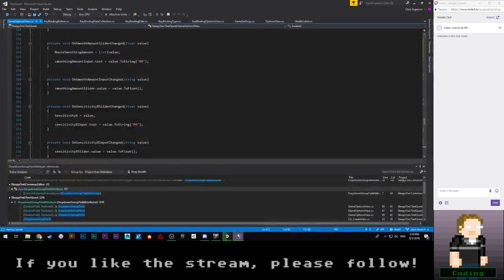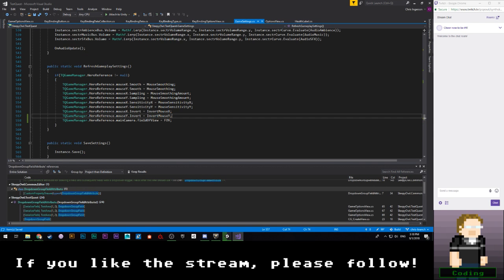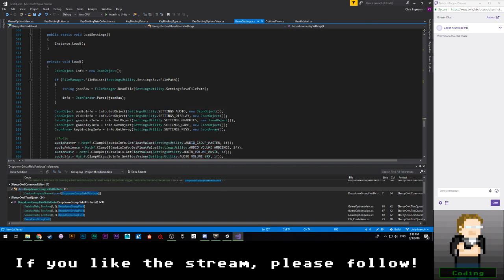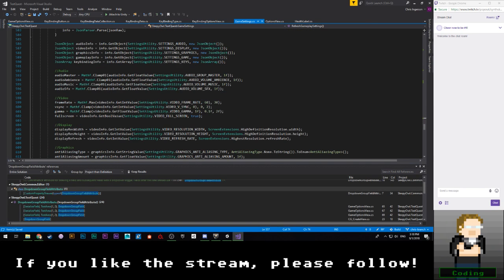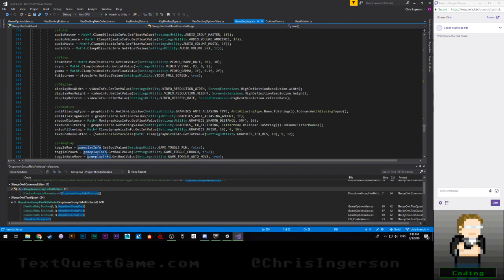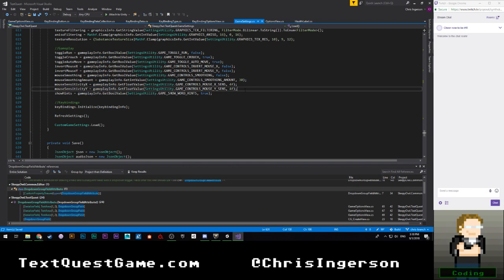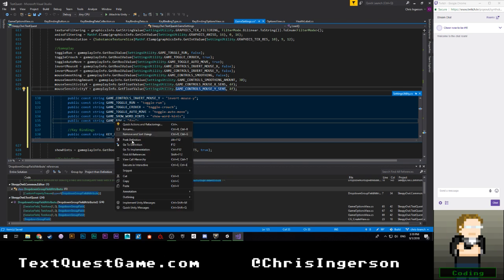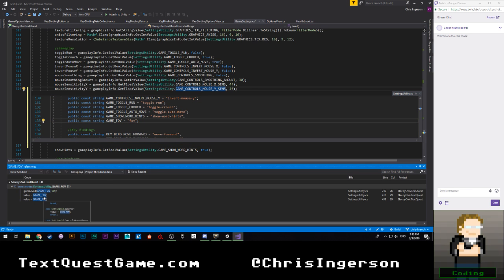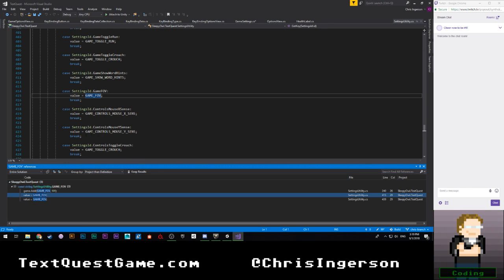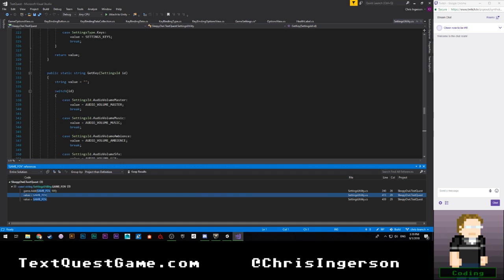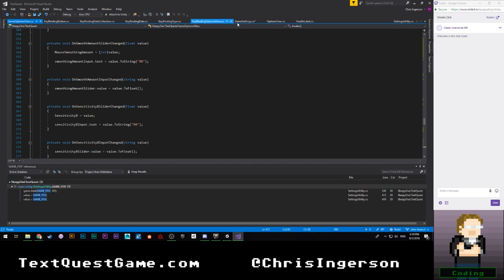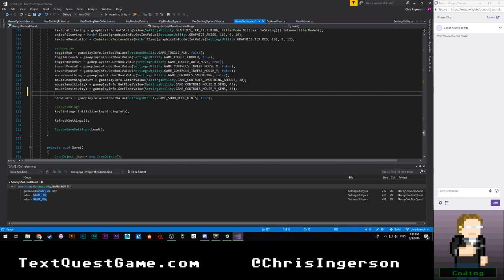Oh, you know what? Actually, I do need to set up saving real quick. So let's go down to save settings. Let's go to it's not load. That's fine. It's going to be under our gameplay info. Okay, right about here. And I'm going to go ahead and peek. I will be very impressed if I don't have this used anywhere. What even is this for? That's super weird. Okay, let's go back to here and go back to here. Where did I go? I lost it. Here we are. Close this, and we're going to say